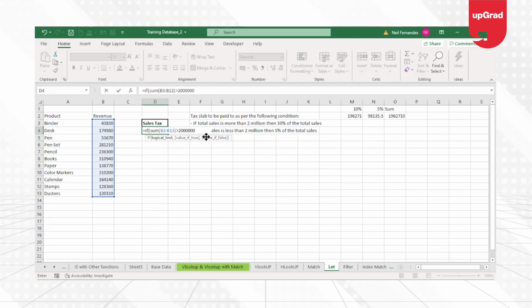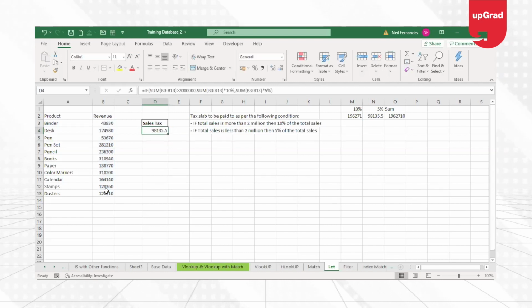Then I will add 10% of the total sales. So I'll do a sum of revenue again and multiply by 10%. If not, then I'll do the sum of the revenue again and multiply by 5%. So this is how my calculation is going to go for this sales tax calculation.